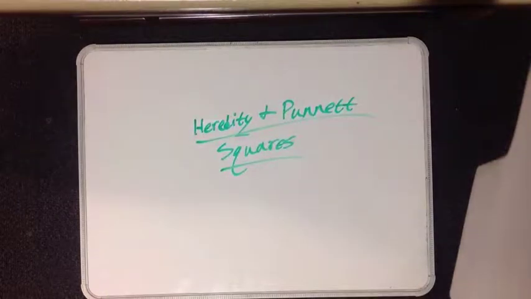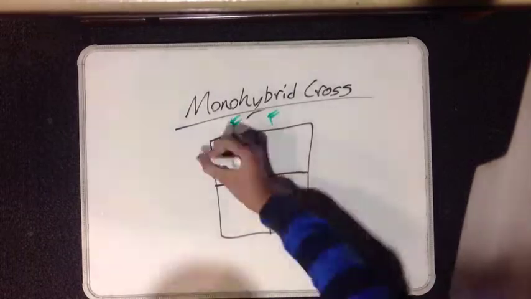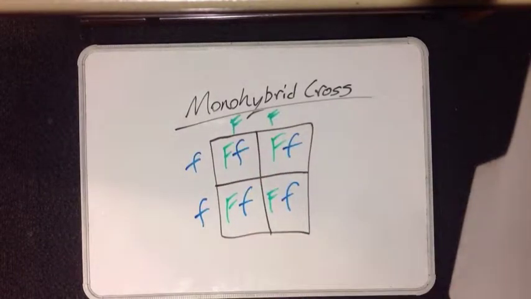This is Heredity and Punnett squares. One way to find heredity is through a monohybrid cross, which shows a cross of one trait. In this example, we have green scales and blue scales, and we'll be comparing the cross of a blue and